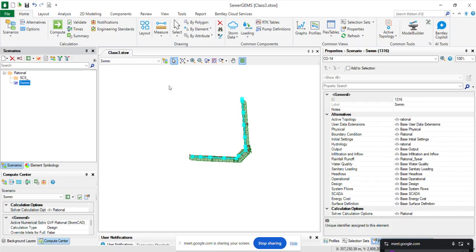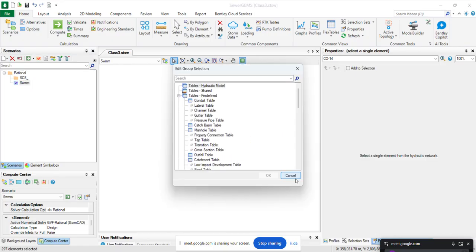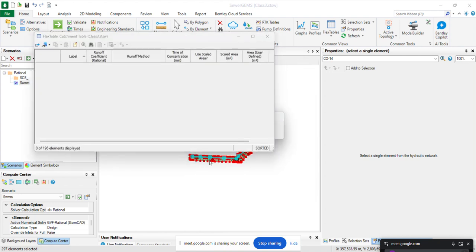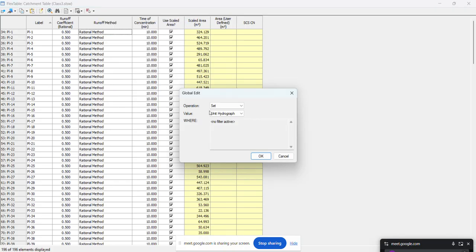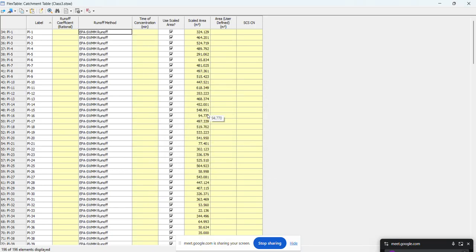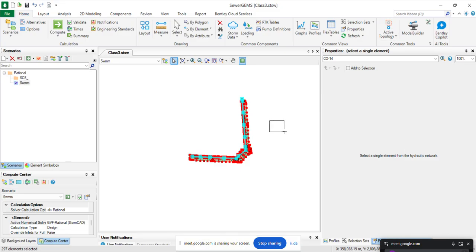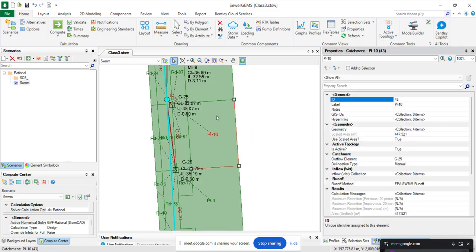So go to the SWMM runoff method, select the catchment, edit group, catchment table. Change the runoff method to EPA SWMM runoff method. For every runoff method, different types of parameters are needed. For the EPA SWMM runoff method, if you click any catchment,